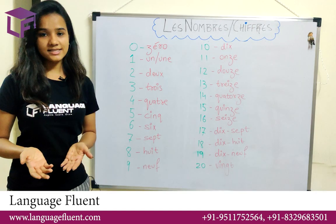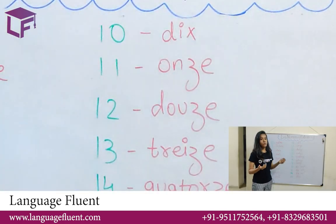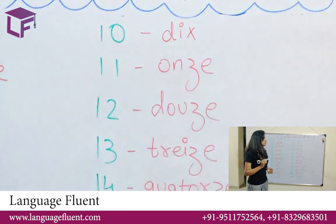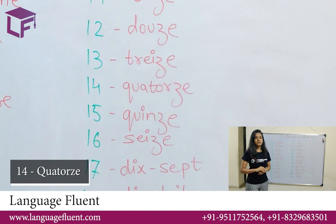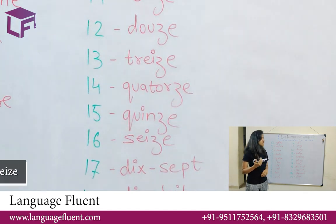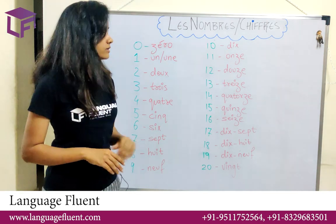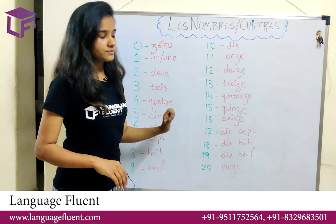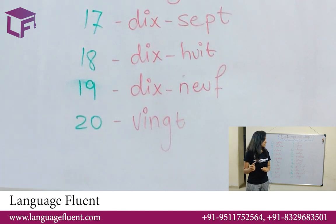10 is pronounced just like 6. So, six, dix. Coming to 11, that is onze, douze, treize, quatorze, quinze, seize. Your 13 and 16 are very similar. Treize, seize. Coming to 17, dix-sept, dix-huit, dix-neuf,